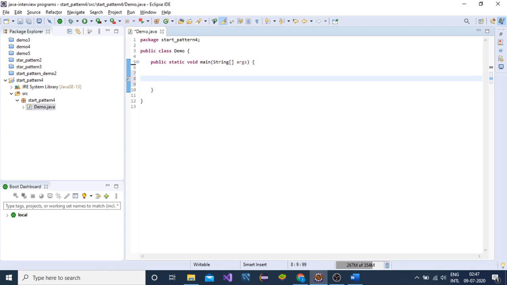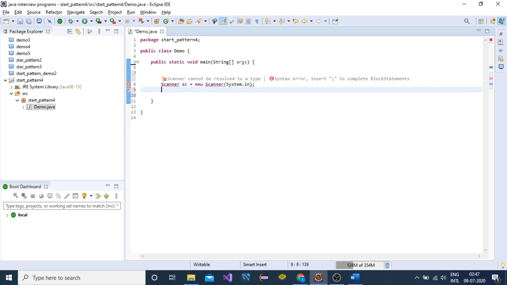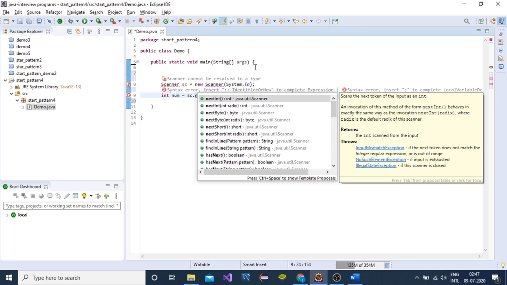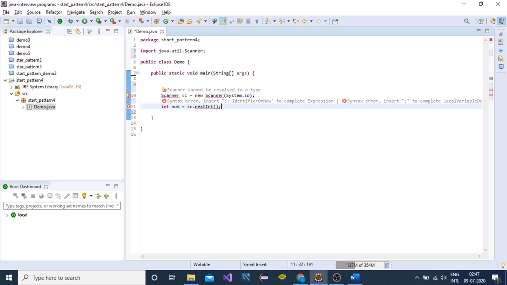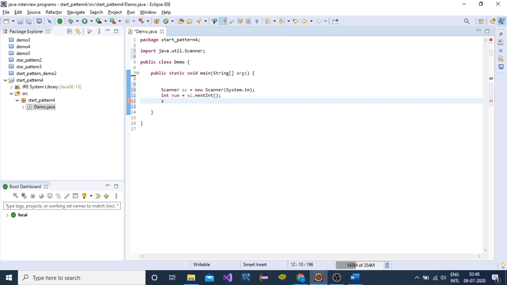Take input by the user, and close the scanner, sc.close().